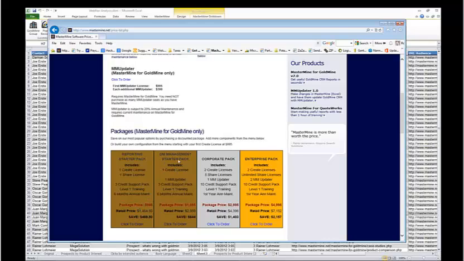Or you can go with what we call the Goldmine Management Starter Pack, that is that creation license plus Updater, and again, a little bit of support and a little bit of online training and 6 months of annual maintenance, and that package price is $16.95. And then it goes up a little bit from there as you